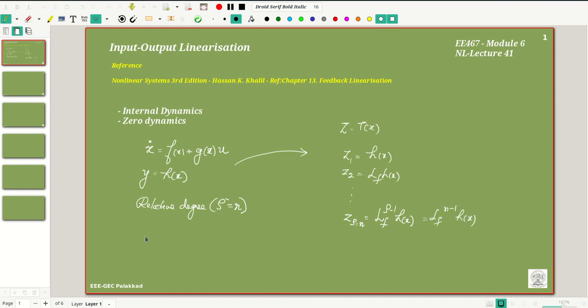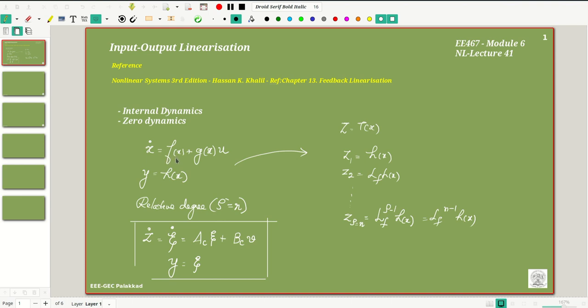So we got z dot, which was denoted as zeta dot, as equal to some Ac into zeta plus Bc into u, actually not u, it is Bc into v, and y is equal to zeta. Okay, so we saw this representation. This is how we try to linearize the whole system when rho is equal to n. Rho is equal to the number of states of the system or the order of the system.